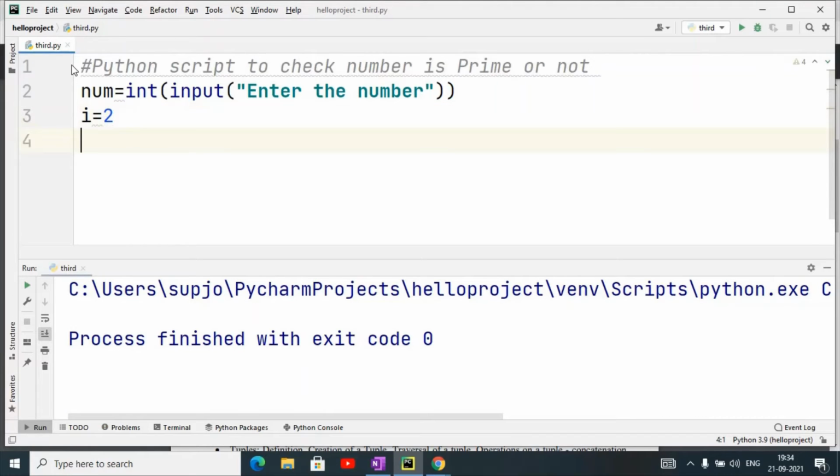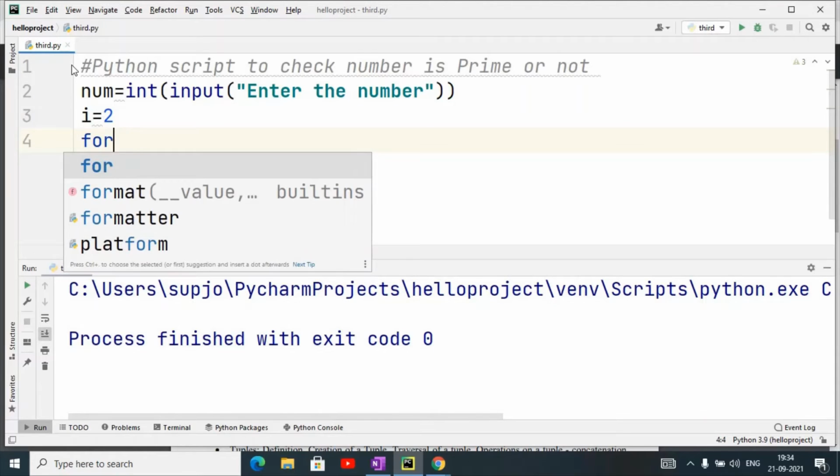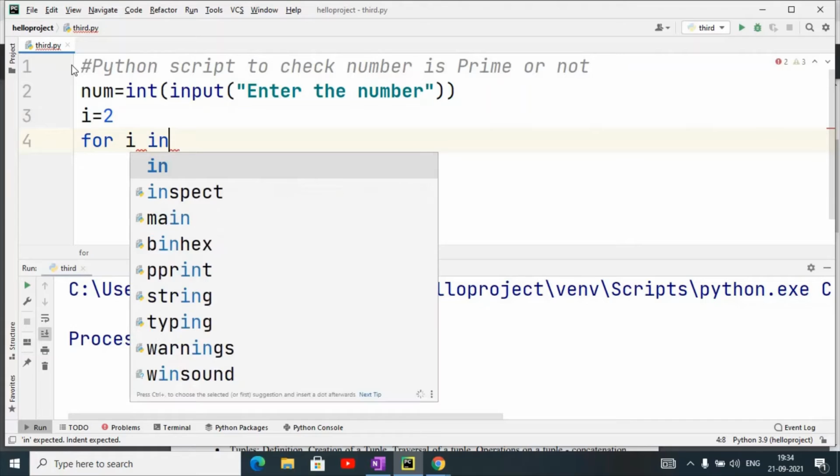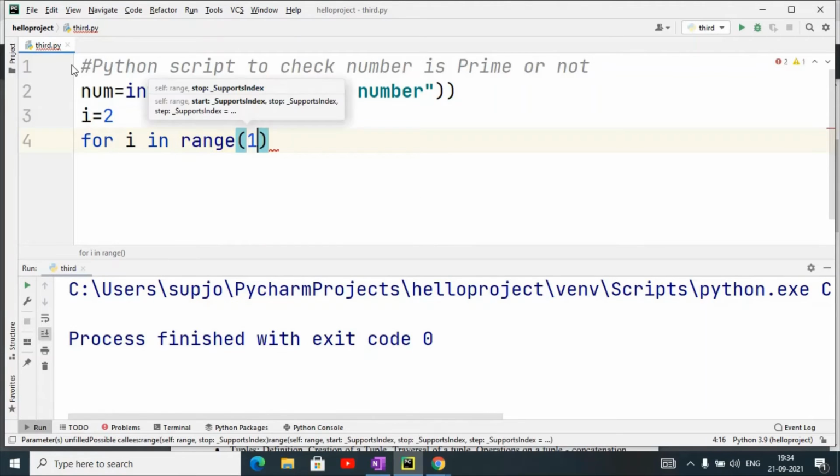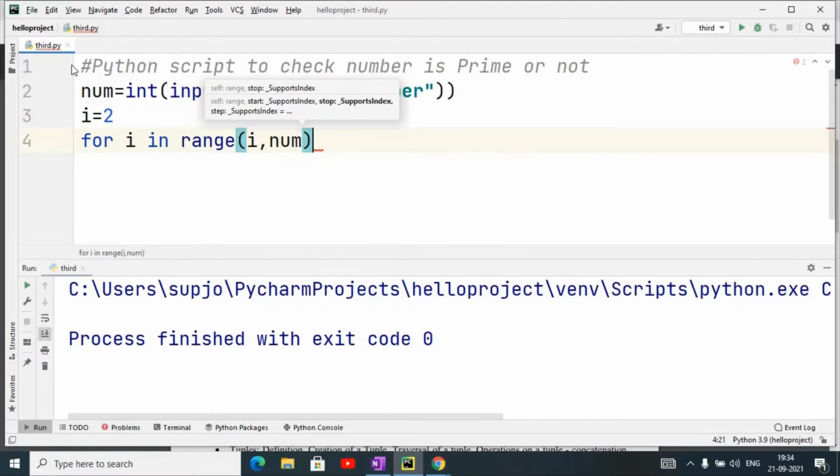Why am I starting from 2? Because we know that a prime number is divisible only by 1 and itself, so we have to check from 2 to less than that number. I am using a for loop, for i in range from i to number. So it will check from 2 to that particular number.